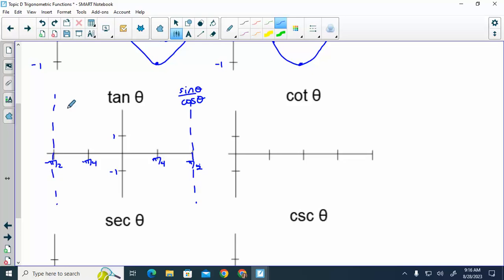Right. Then, tangent of negative pi over 4. That's like a negative 45 degrees. Tangent of 45 is 1, but the negative puts it in the fourth quadrant, so it's a negative. Tangent of 0, if you think about 0, tangent is sine over cosine, so 0 over 1 is 0. Pi over 4, radical 2 over radical 2, you're back to 1. So this one looks